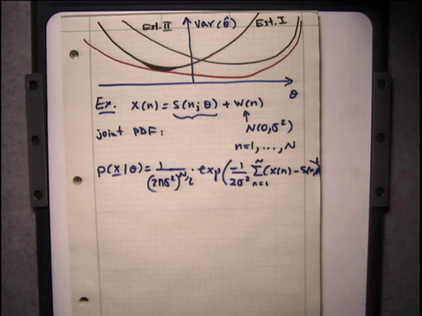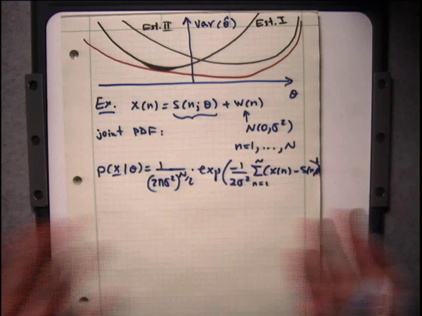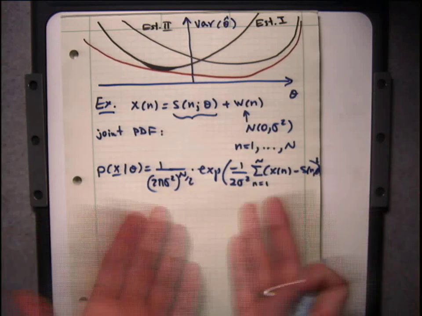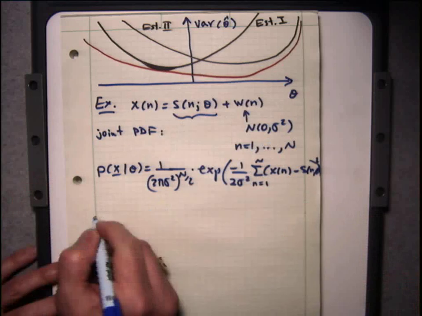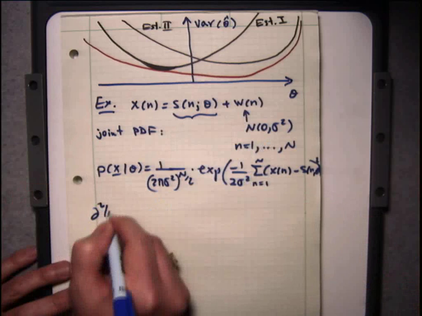Now what I want to do is, again, compute the Cramer-Rao bound for this problem. I want to see how difficult it is to estimate this parameter theta. So you take the derivative, second derivative,